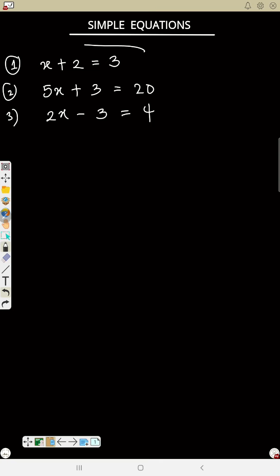Now, what is the meaning of these equations? Now, start with the first one. x plus 2 is equals to 3 means